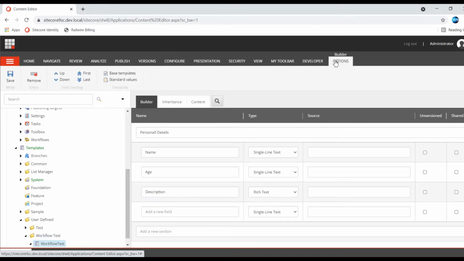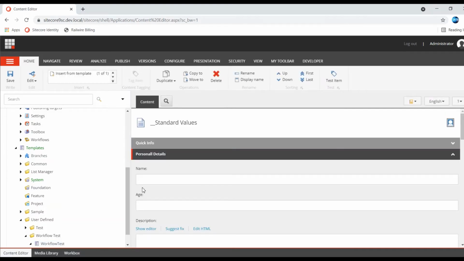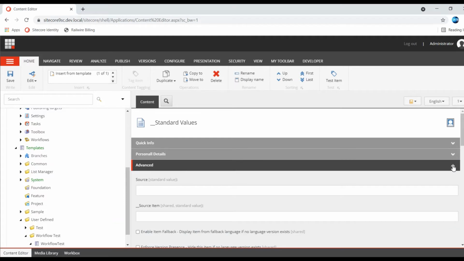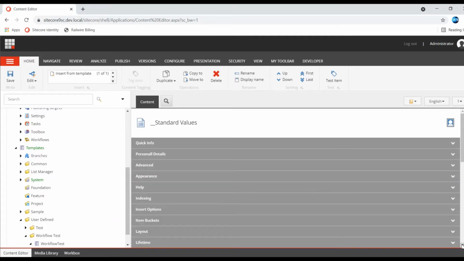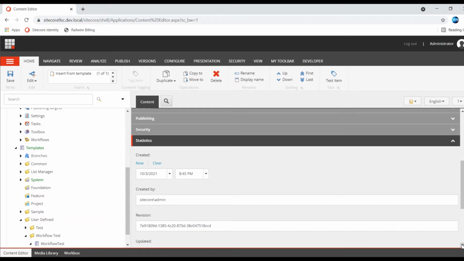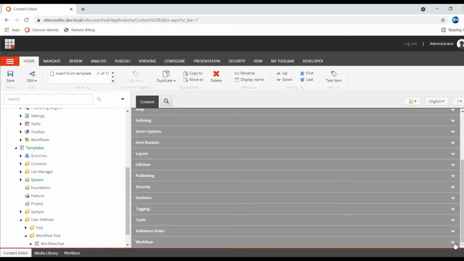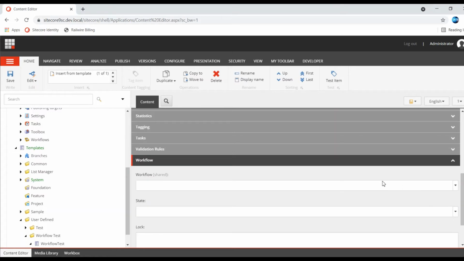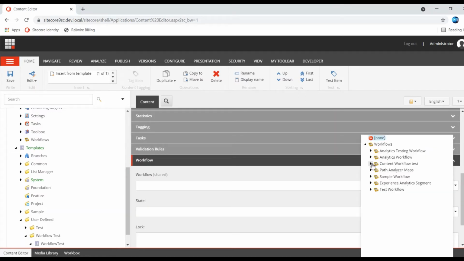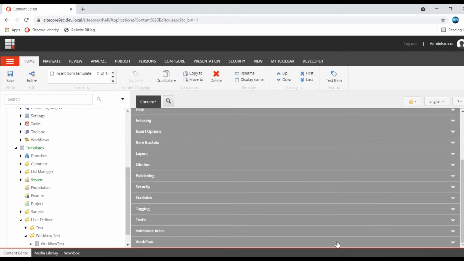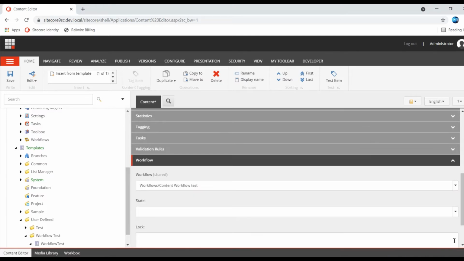Then I'm going to create a standard item. So in the builder options, I'm creating a standard values. Okay, standard value is created. In this standard value, in the workflow section, in the workflow field, I am selecting my created workflow, workflow test.